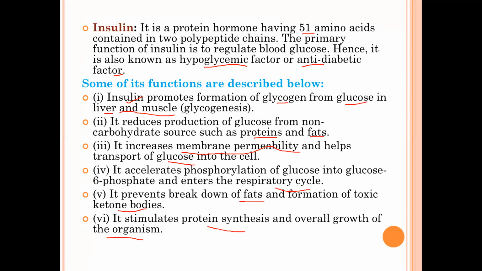And sometimes what happens, the persons who are diabetic, if they take insulin injections and the quantity of insulin is more, there is a chance of a decrease of glucose at a stretch. Then it may lead to a shock called insulin shock, where brain cells can get affected and they become unconscious. This is one of the symptoms with patients who are diabetic. So they should be very careful how much dose of insulin they are taking. So the insulin dose is compulsory. If not, it may lead to insulin shock.